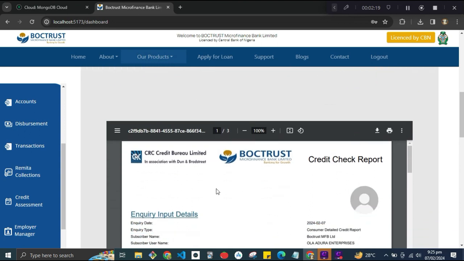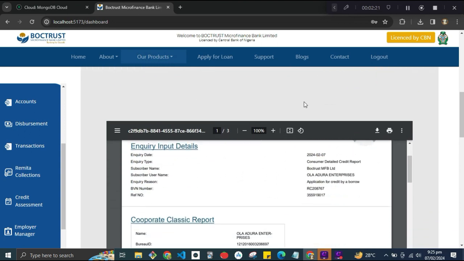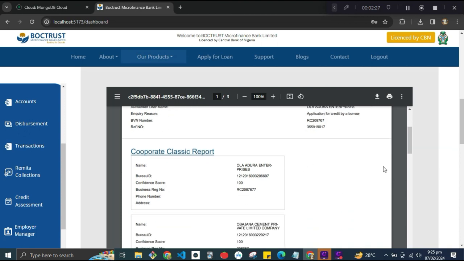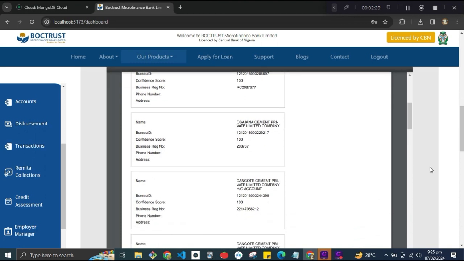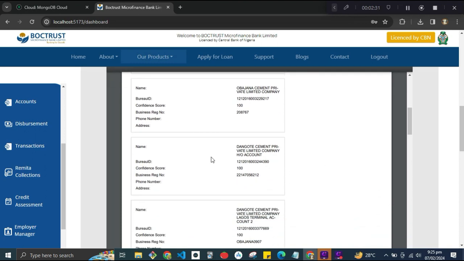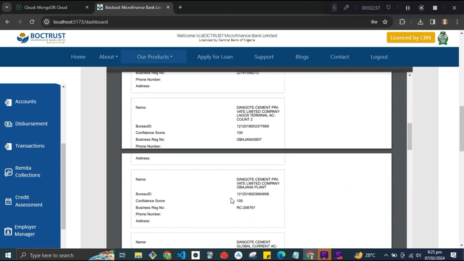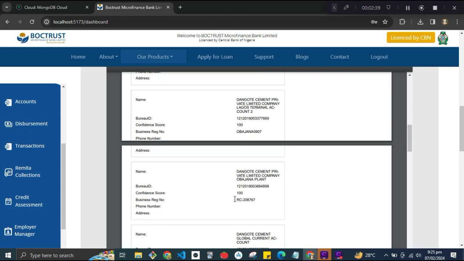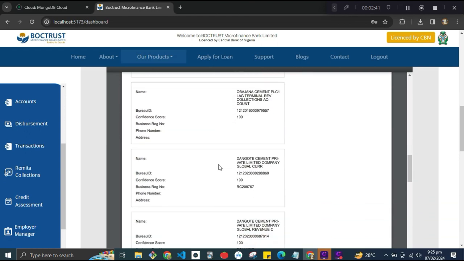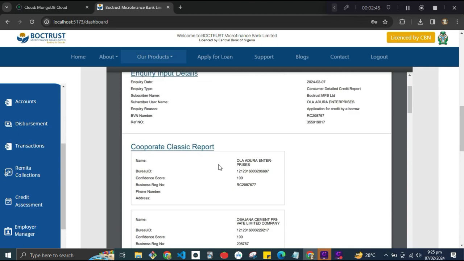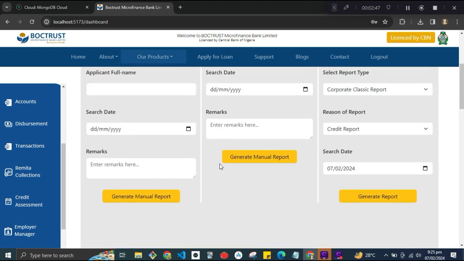So here we have, you can see inquiry and the other information that we have there, corporate classic reports, and then these are the data we are pulling from the API endpoint. And these are information of other corporate bodies that we have from that API endpoint. Okay, so all these are coming from the API endpoint, and then that is that for CRC. Then for